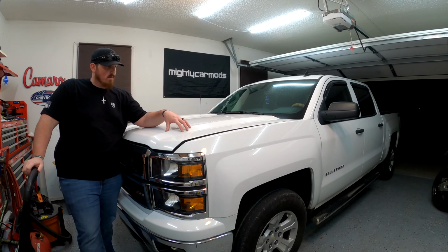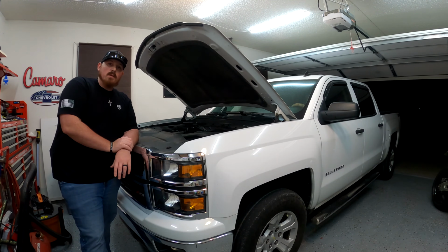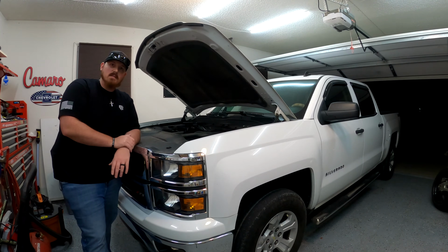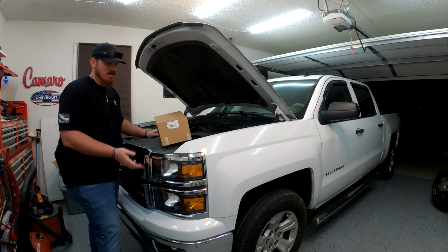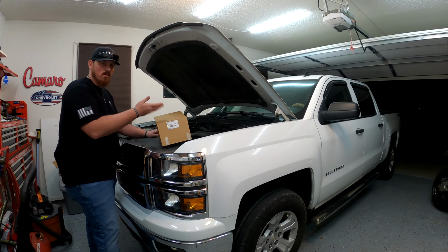Today we're going to be working on my 2014 Silverado. We're going to be changing up the transmission fluid to try and help the torque converter situation that I've mentioned in the last couple videos. In order to do this job, you need two things mainly, and that is a transmission filter for the vehicle that you're working on,